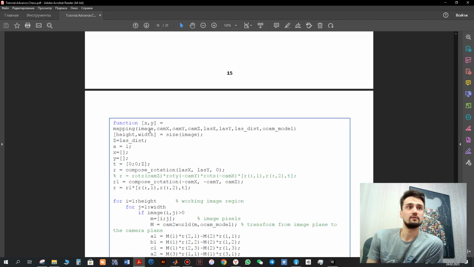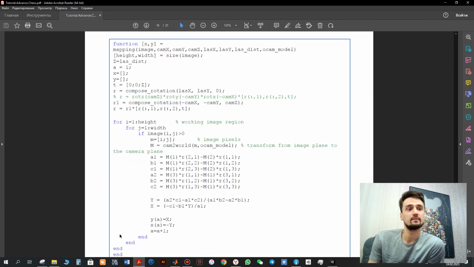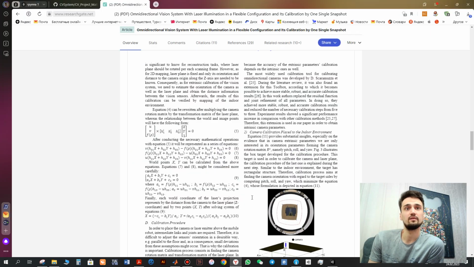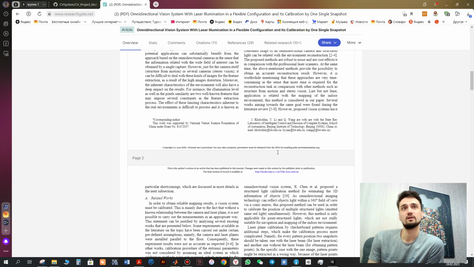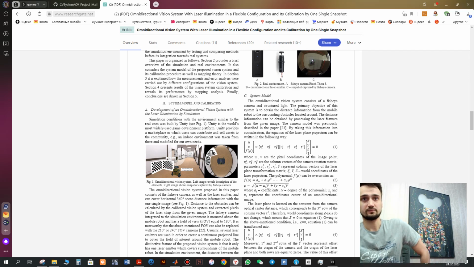So here again we will apply the camera rotation matrix and the laser transformation matrix, composing the two of them, again for the very brief theory. So here is the relationship between image points and world points. They are related with the camera rotation matrix and the laser transformation matrix, and this distance